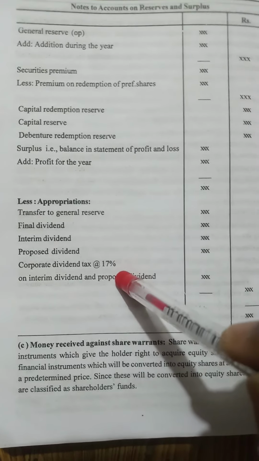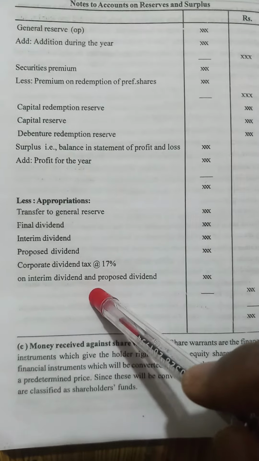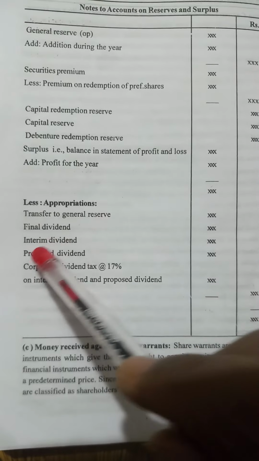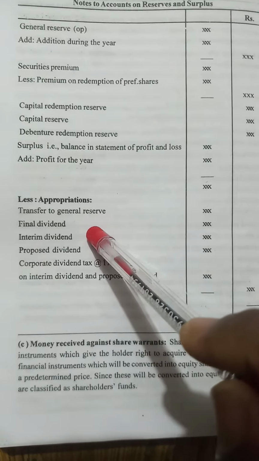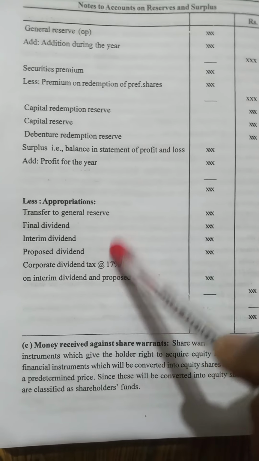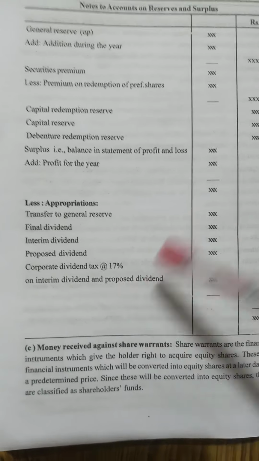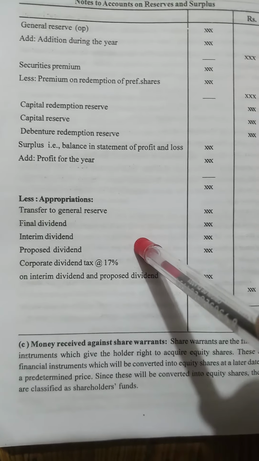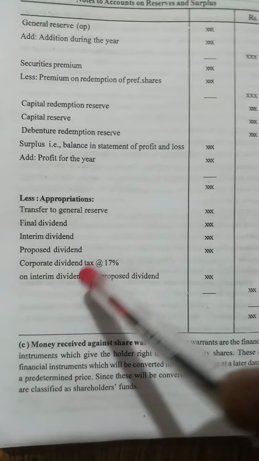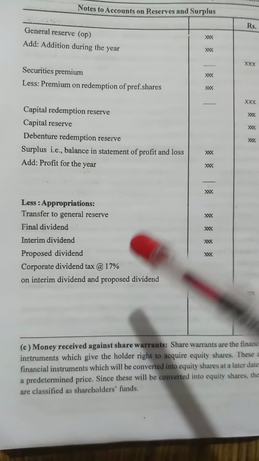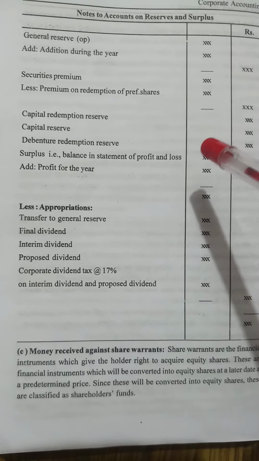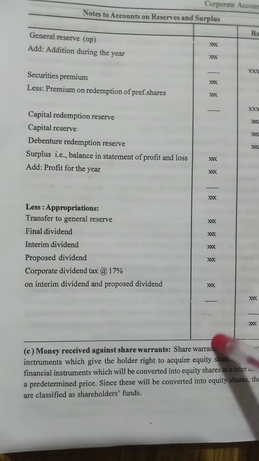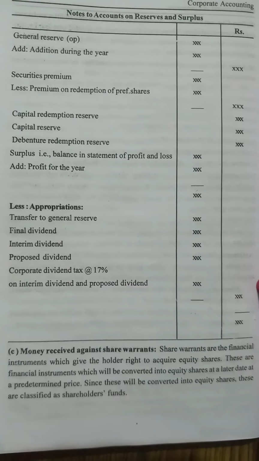So we are going to deduct the reserve as well as the dividend. For example, first the general reserve, then dividend for the shareholders, interim dividend, proposed dividend, corporate tax. So every dividend we have to deduct. For issuing the dividend, tax has to be paid. That tax, which is nothing but the corporate dividend tax, also will be deducted from the profit and loss account only. So this is nothing but the appropriation. We have to deduct all these, and put the result in the final column.